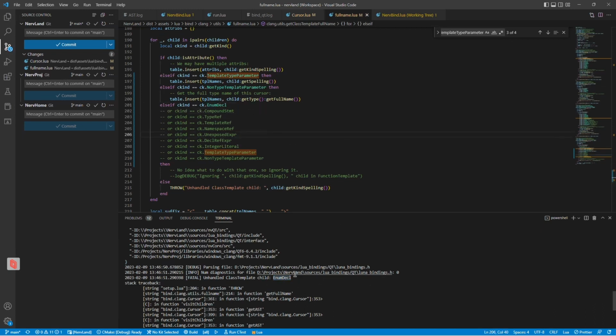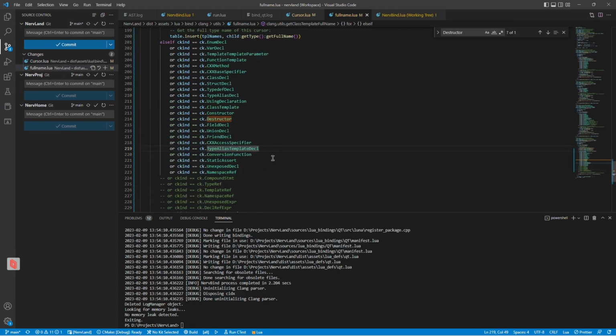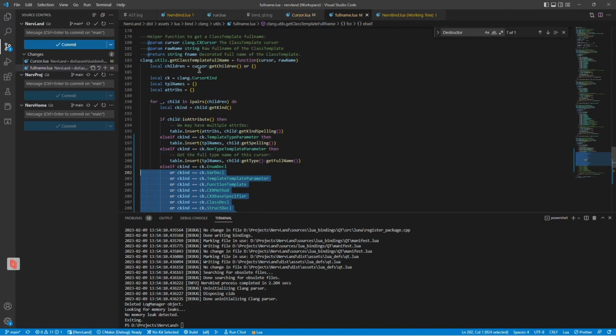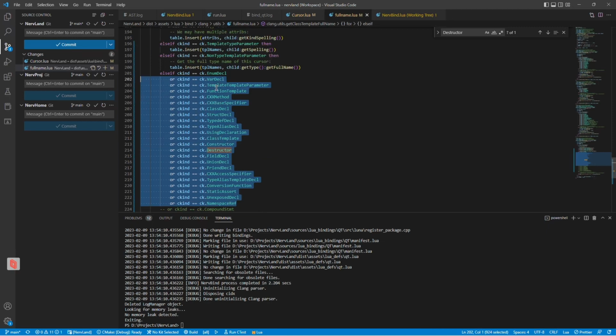So let me enter all those errors and get back afterwards. Okay, so I have now listed all those elements that are available as direct children in the class template. A lot of those elements are pretty important and we'll need to pass them somehow. So we can't really stop the